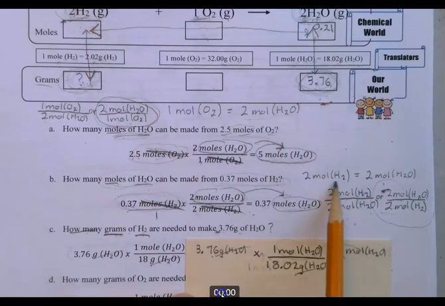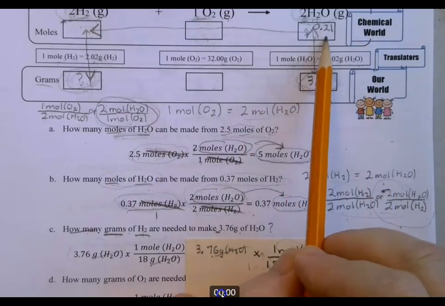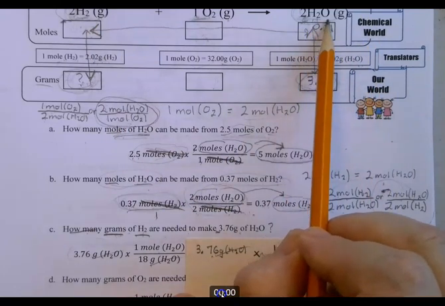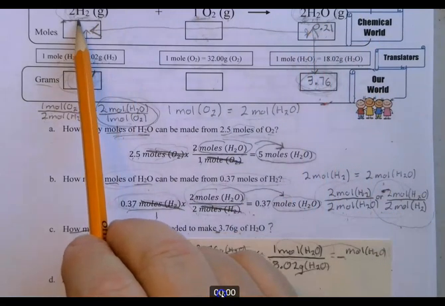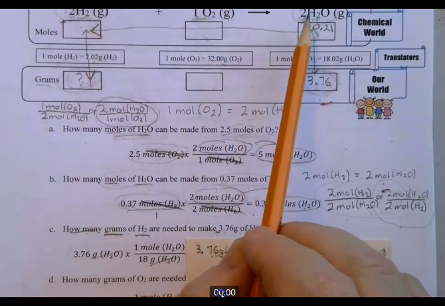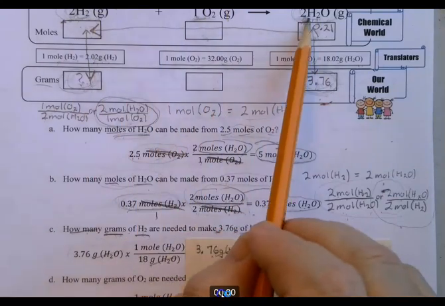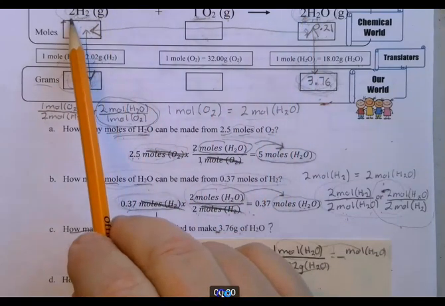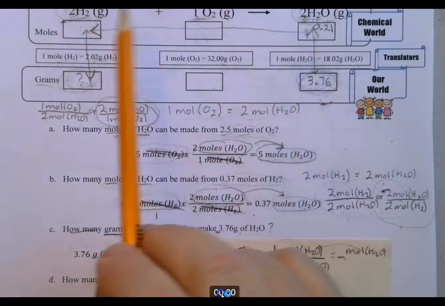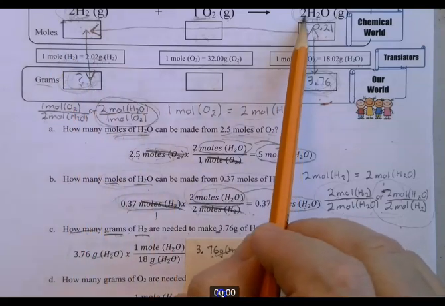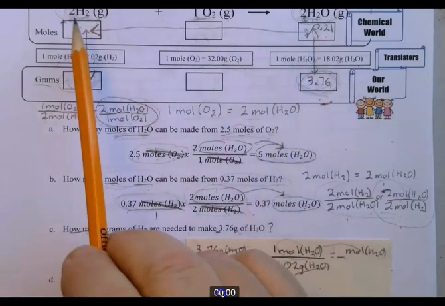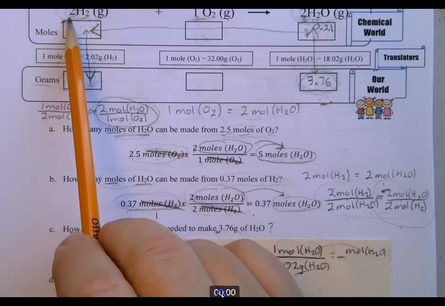So this one we did up here, right? This one right there. So if we have 0.21 moles of H2O, that means we're going to have 0.21 moles of H2. For every one of these, I need one of these. For every 2 of these, I need 2 of these. For every 0.21 moles of H2O I want to make, I need to start out with the same amount, 0.21